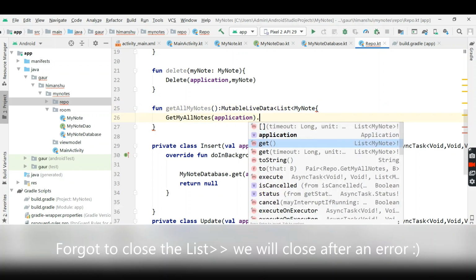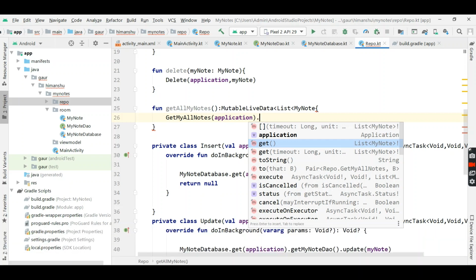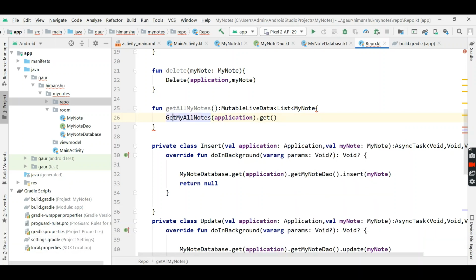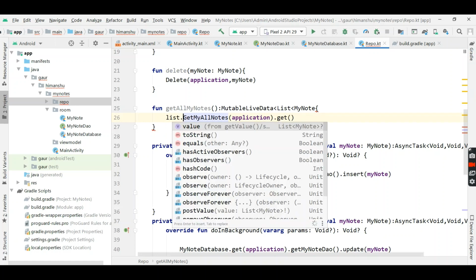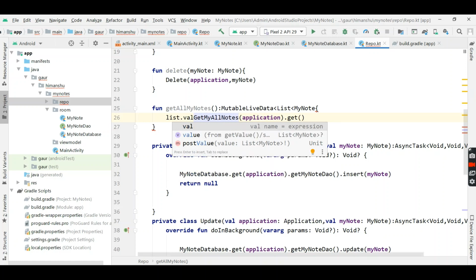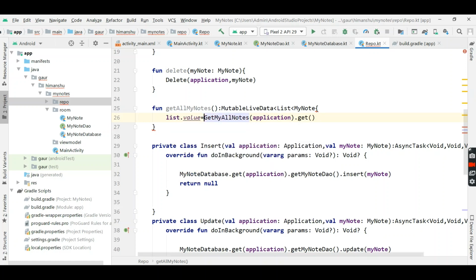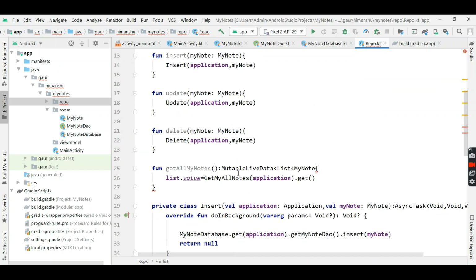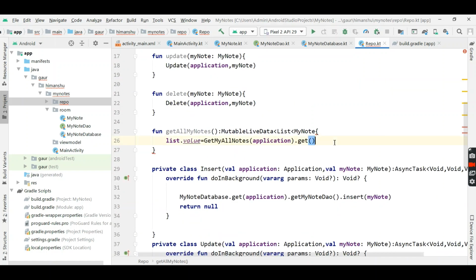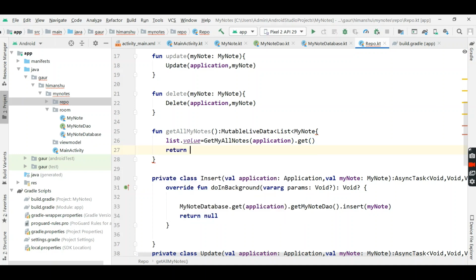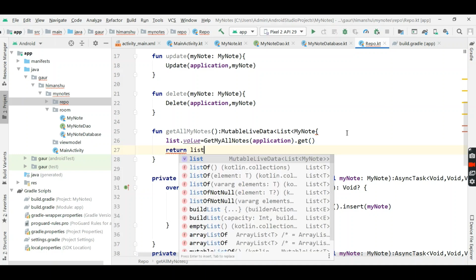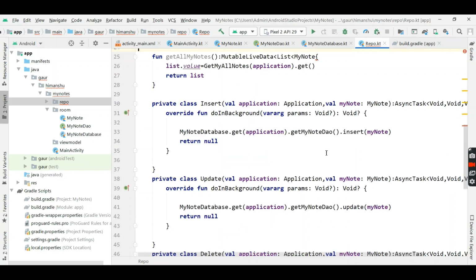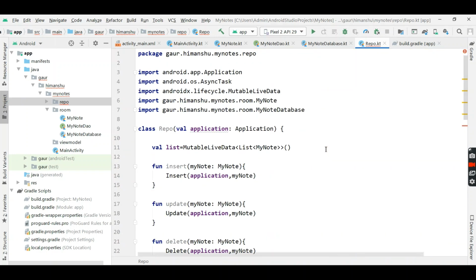So you can see this get function will provide us list of my nodes. So take this and return this, but before returning this we will actually take this data in our list, which we will create on the top. You can see here this list mutable live data list of my nodes. Now return this list. Okay, that's all for our repository.